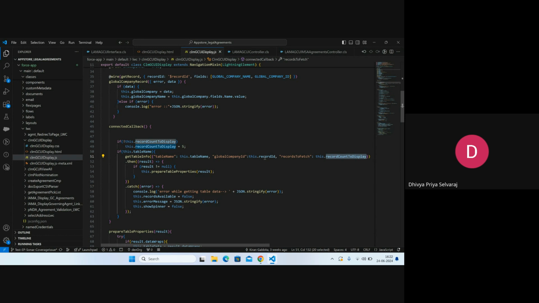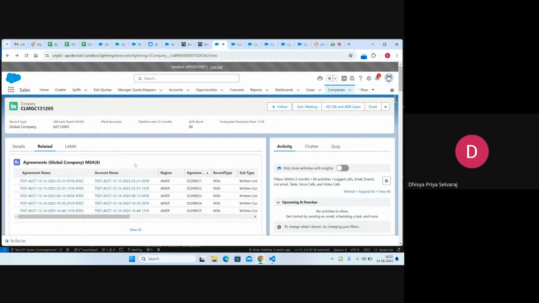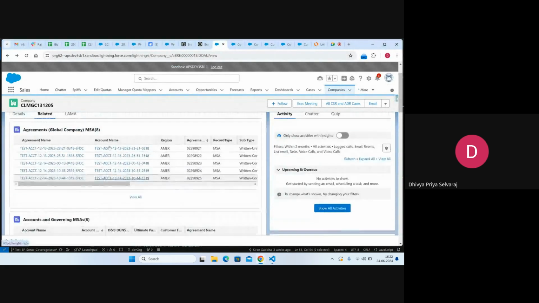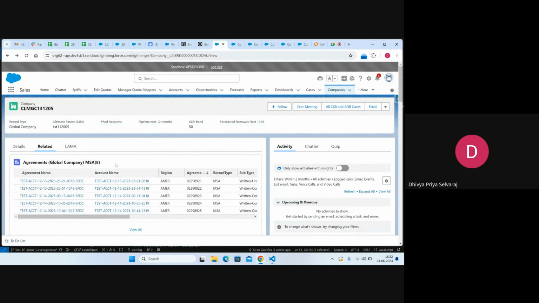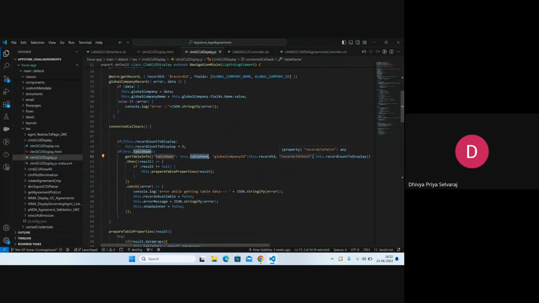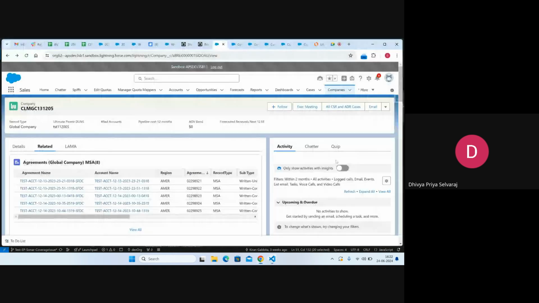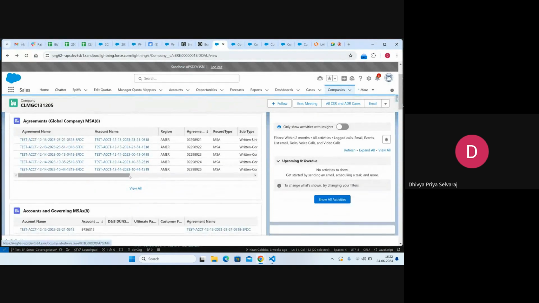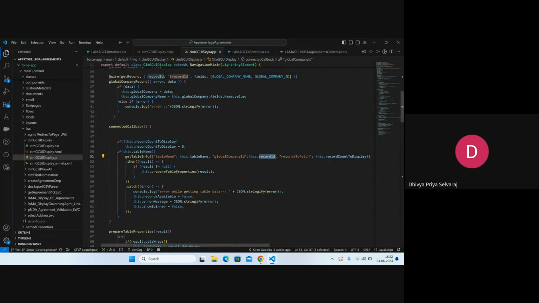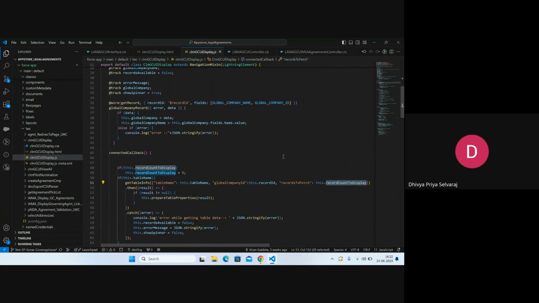This global company ID is the GCID, the company ID, and we'll be passing the table name, because in order to differentiate between these many tables, we need a unique identifier. Then records to fetch, meaning how many records you want to display on this related list page. This is customizable, maybe you can have it as 5 or 7, so we need not go back and touch this code. We kept it configurable. From this method only the record ID will be passed, and the table name and record counts to display will be coming from the